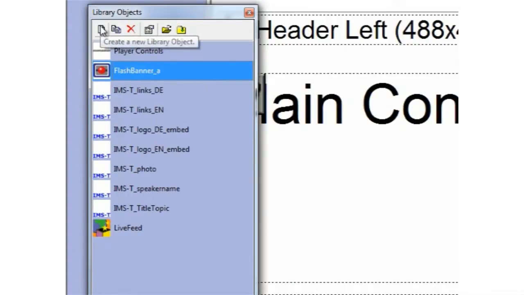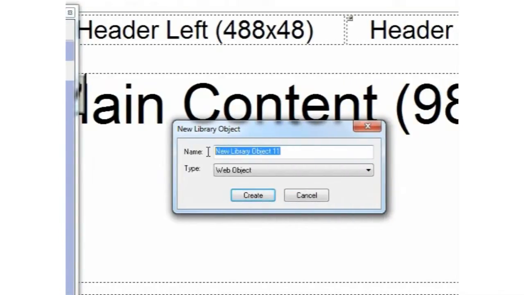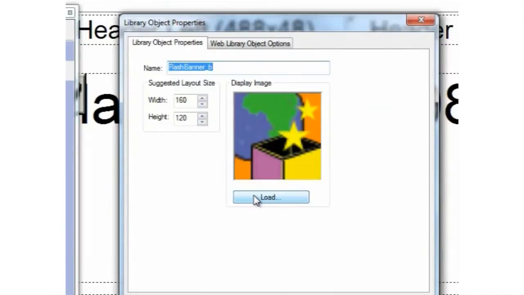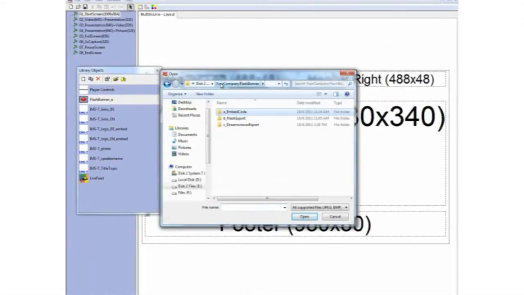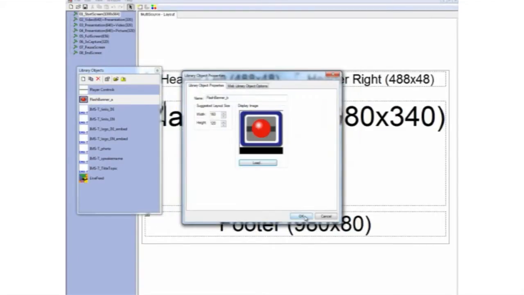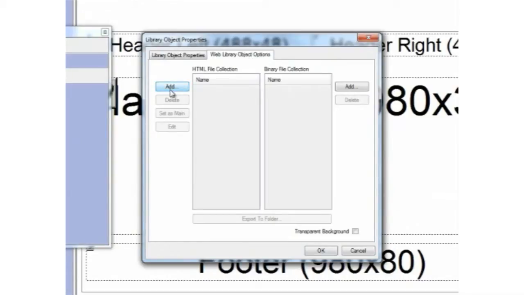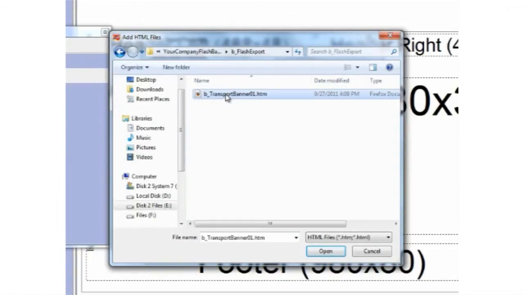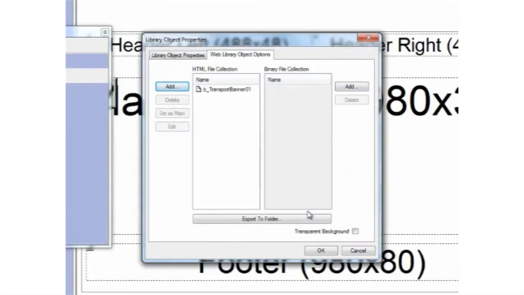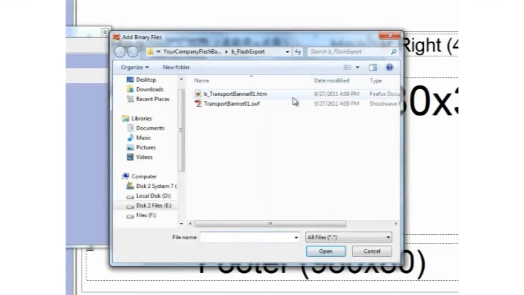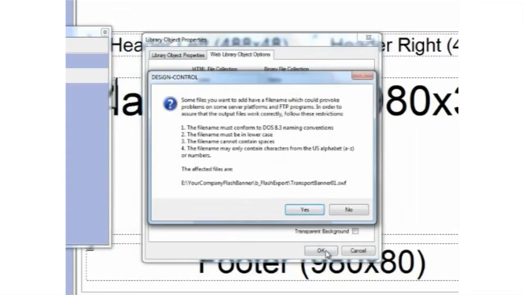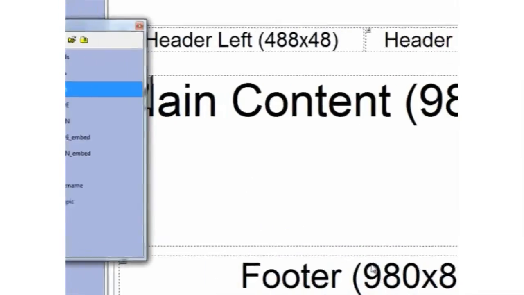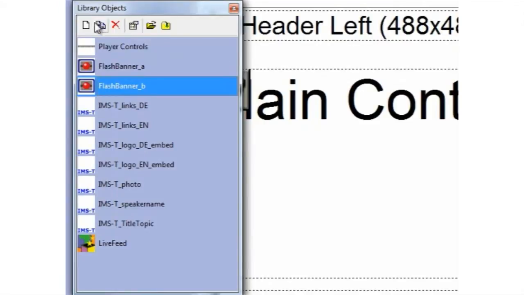Now I'll create library objects from my two other scenario folders. Flash Banner B, Web Object, Load Thumbnail, Import HTML file, Set as Main, Import SWF file, OK. And finally the file collection from Dreamweaver,